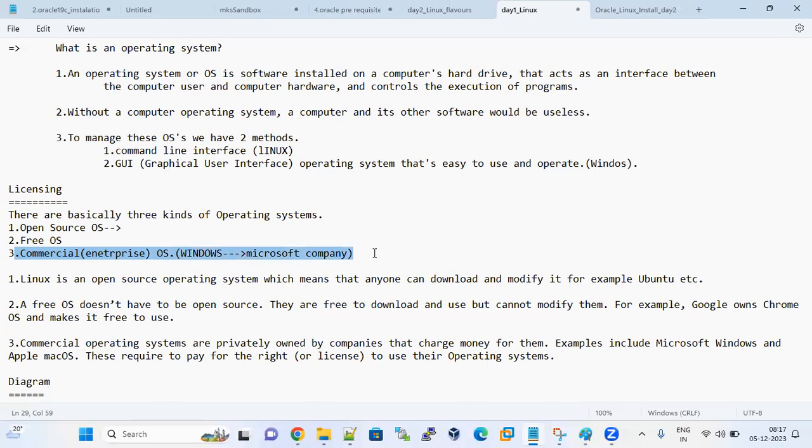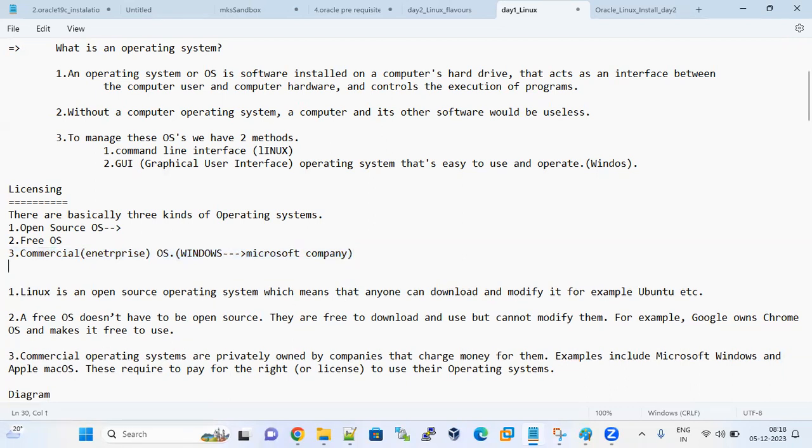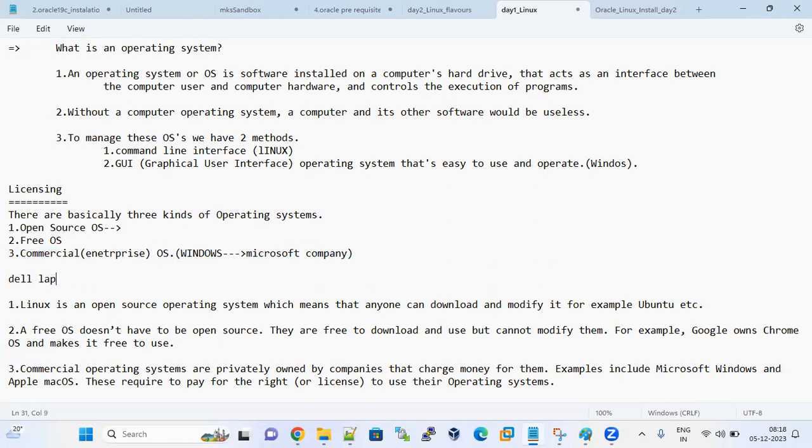While using an enterprise product, that could be anything. That could be an operating system, a database, or an application. While using an enterprise product, if you are facing any issue, immediately you can get support from the vendor. Vendor means who developed the product. Suppose, if you purchase a Dell laptop, initially they give a 1 year warranty. If you face any issue after 1 month of purchasing this laptop, immediately you can call Dell customer care.